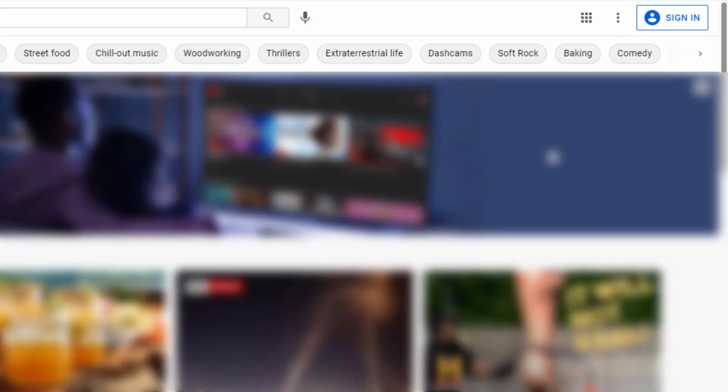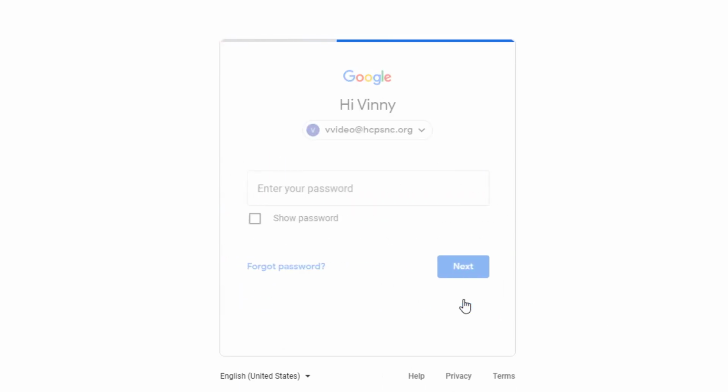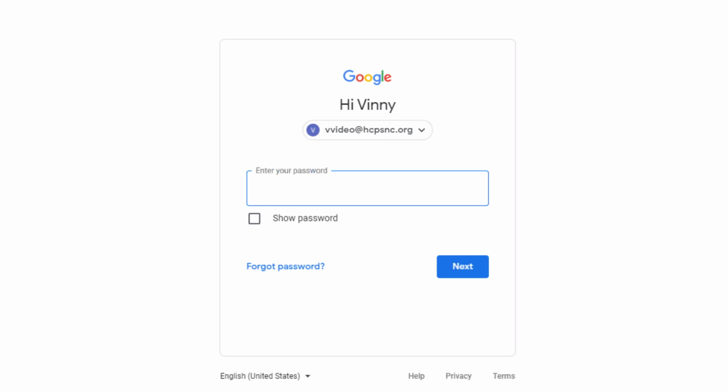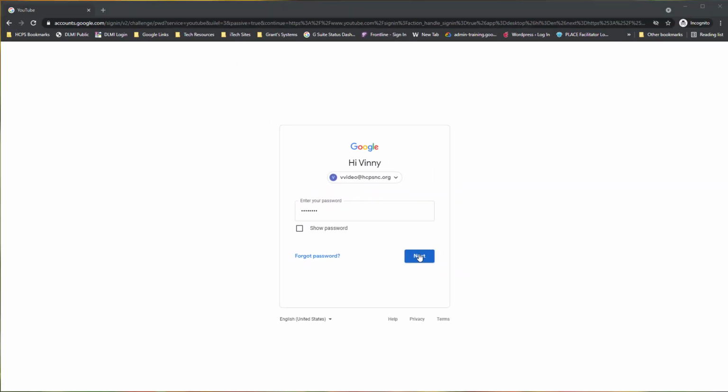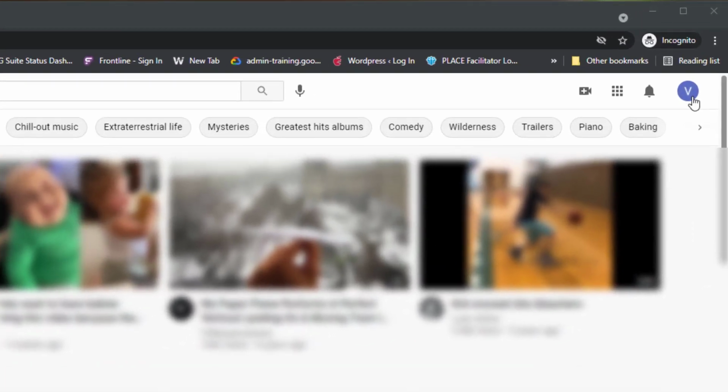Once you're there, it's important that you log in with your HCPS NC account. So I'm going to click Sign In and log in with my account. Enter your Henderson County username and then enter your password. Click Next. After you log in, you'll notice your picture or your initial for your Henderson County account. What you've basically done is logged into YouTube and let them know that you are using it as an authorized